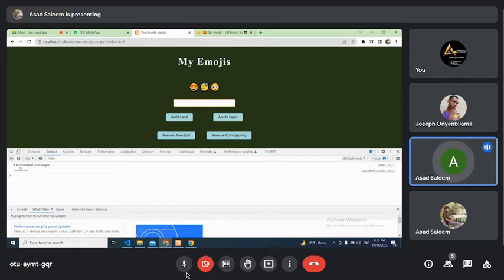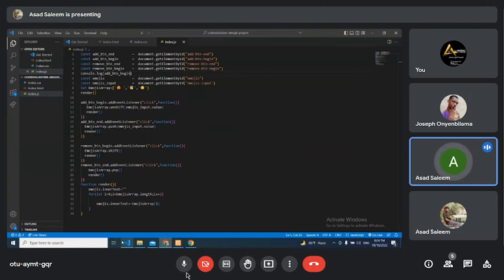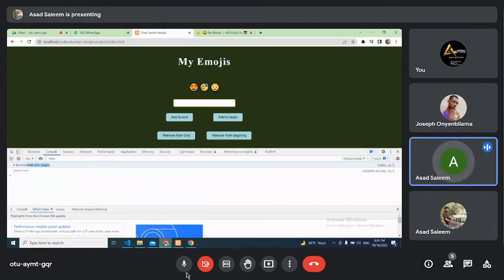Look, we are getting the ID hash add btn begin, because we are telling it document dot get element by ID add button begin. So here I am getting add button begin. Okay. Then I say